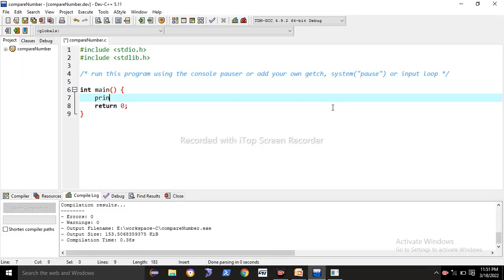First we need to ask the user: printf("Enter three numbers\n");